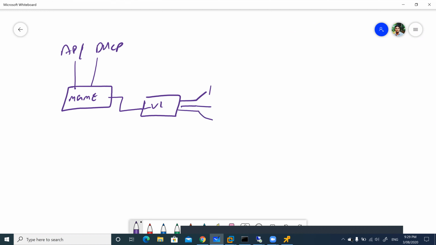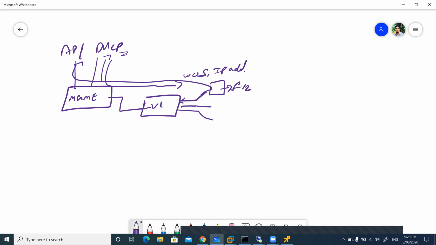So whenever you plug your PC into this switch, turn it on and press F12, it will contact the DHCP server. It will download the Windows operating system which we have provided, and after that it will get the IP address automatically, and automatically it will be added to this domain. Okay. So we will see that.